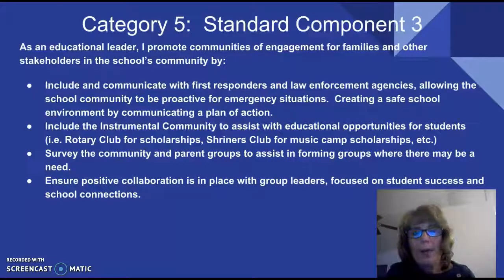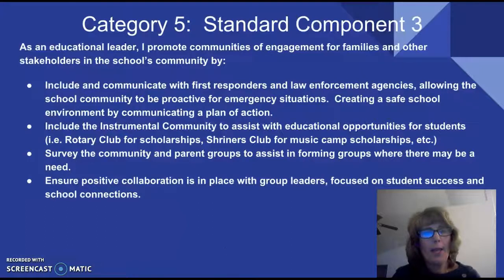Survey the community and parent groups to assist in forming groups where they may be needed. Ensure positive collaboration is in place with group leaders focused on student success and school connections.